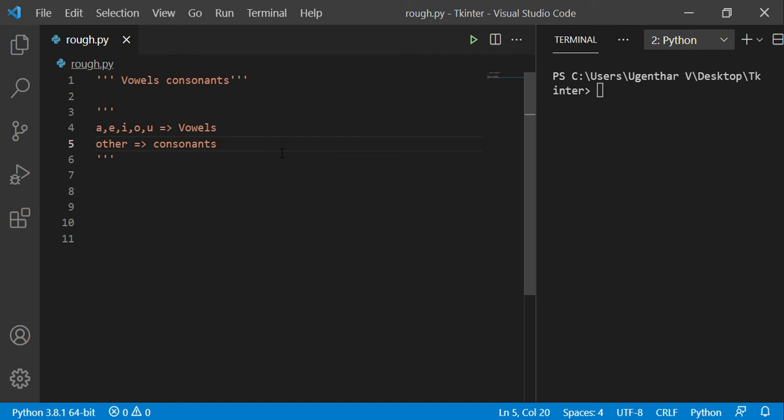They will be asking to print only vowels, find the number of vowels in a string, eliminate vowels in a string, or find the number of consonants in a string. These are some questions asked related to vowels. Let me explain what is meant by vowels and consonants. In the alphabet, a, e, i, o, u are called vowels, and the other alphabets are called consonants.